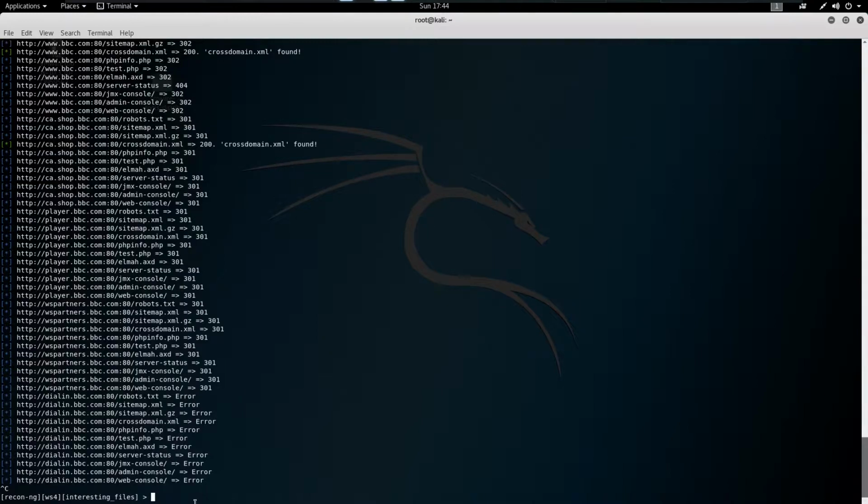You can even search for vulnerabilities on a particular website using ReconNG, like the XSS vulnerability.